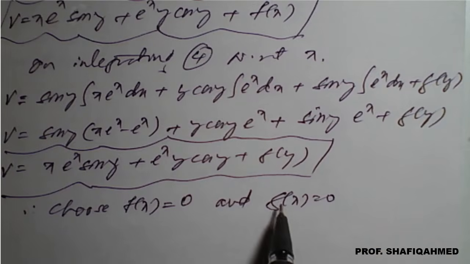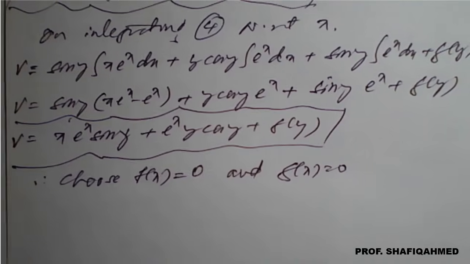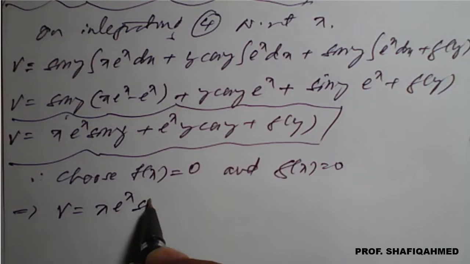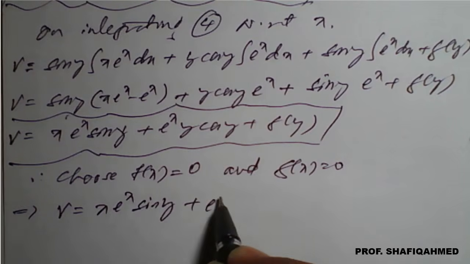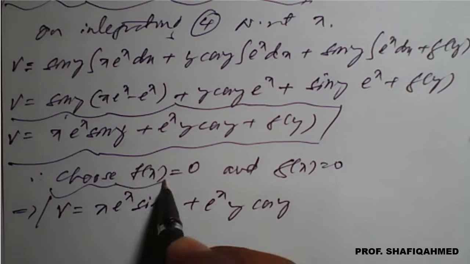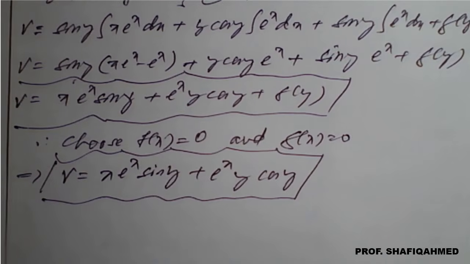So if both become 0, then you can observe here both the terms will become same. So common v will be x e raised to x into sin y plus e raised to x into y times cos of y. So this is our required harmonic conjugate. So with the help of this harmonic conjugate, we can go for what here,